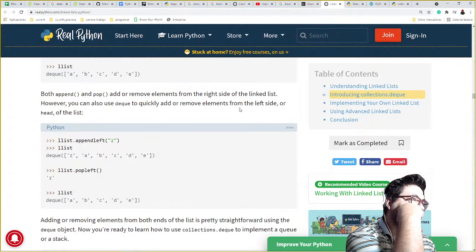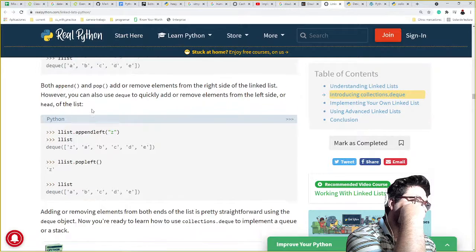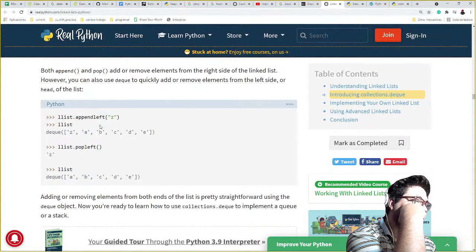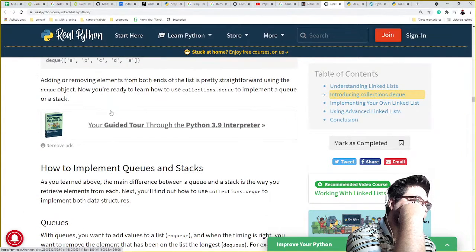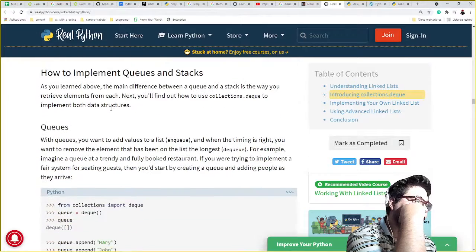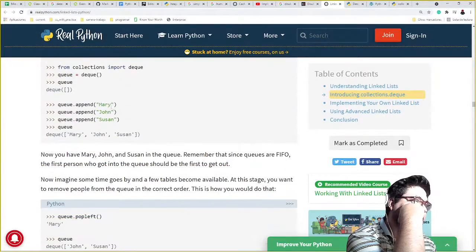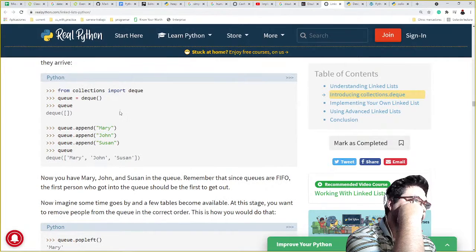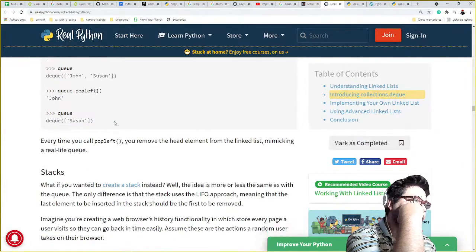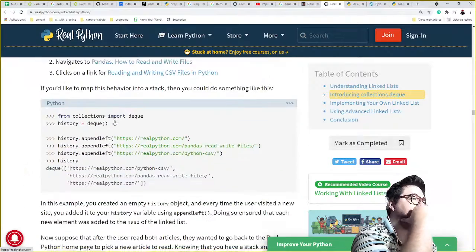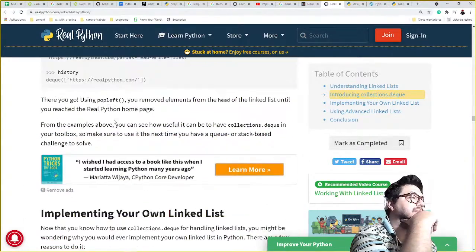However, you can also use it quickly to add or remove from the left, appendleft and popleft, and use it as a stack.